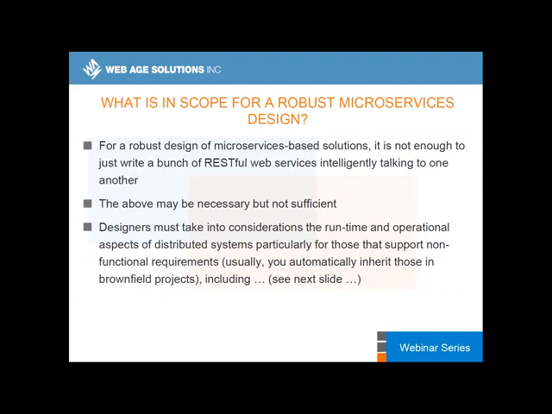It's all necessary, but it's not sufficient. There is much more to the microservices style of design and, more generically, microservices architecture type of solutions. So we need to take into account a number of things. It's kind of a more pragmatic SOA. You need to take into account the runtime considerations, operational aspects. The systems are distributed, so how would you manage performance, efficiencies, security, cross-cutting concerns?